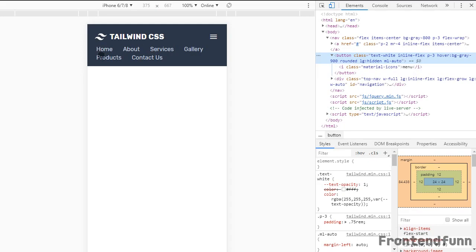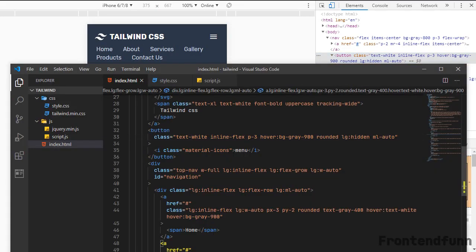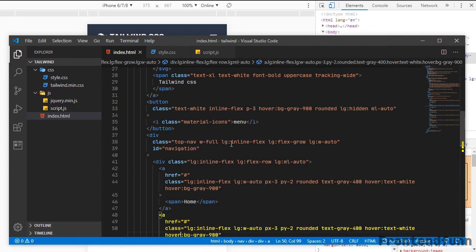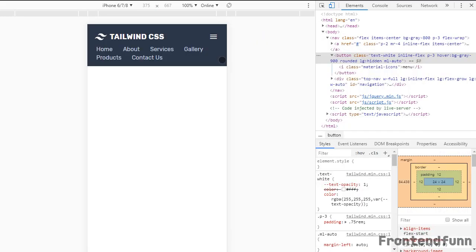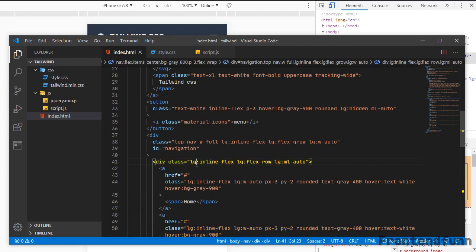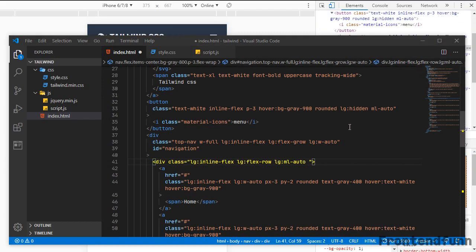Okay, similarly we want the links to be on a single line, so we want them to display horizontally, not vertically. So on the inner div, on the large screen devices it is displayed as inline flex, so on the small screen devices we need to display it as flex.